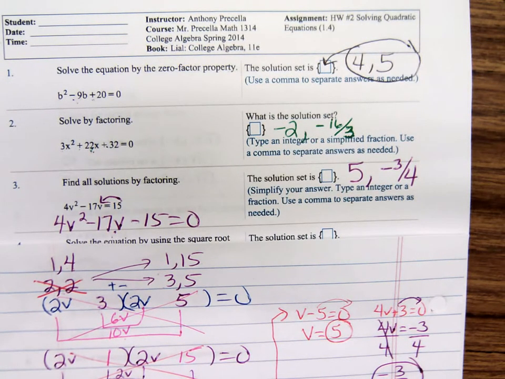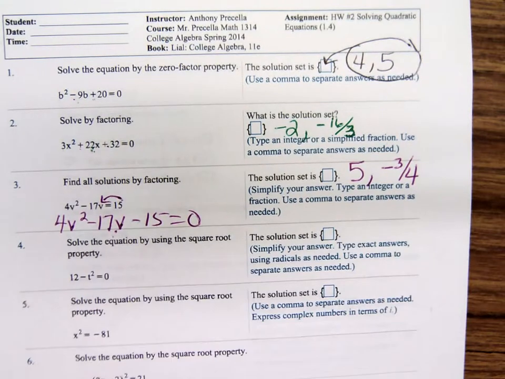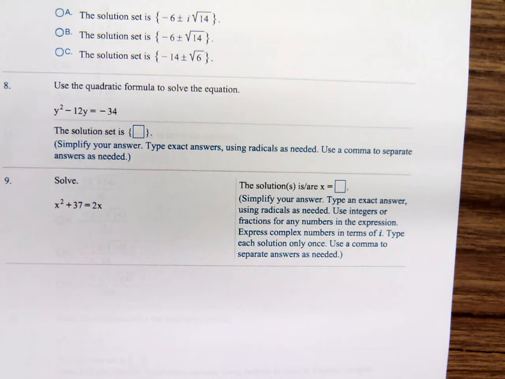So we're going to take a break now, and we'll discuss the other 2 methods, the square root property and the quadratic formula,